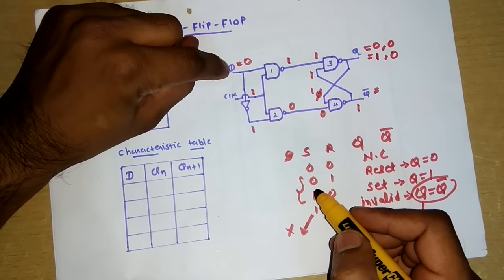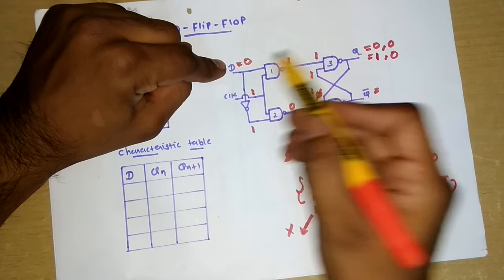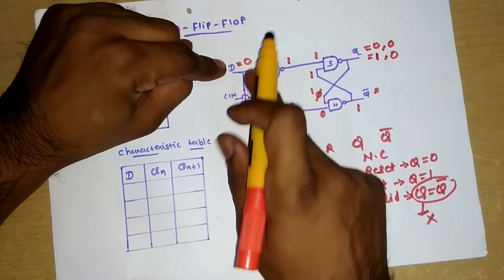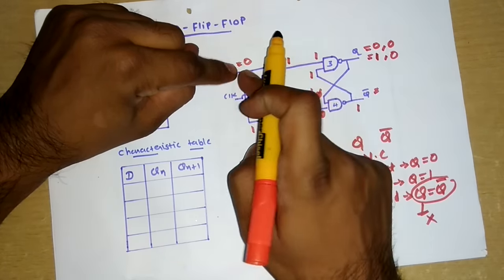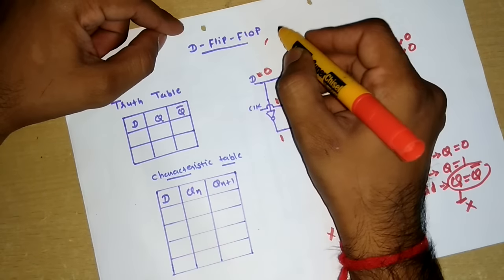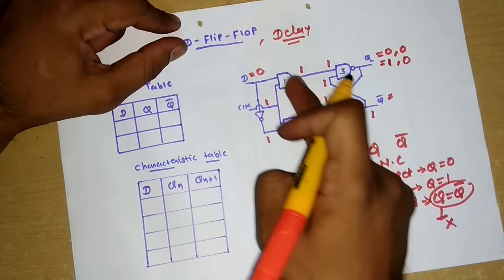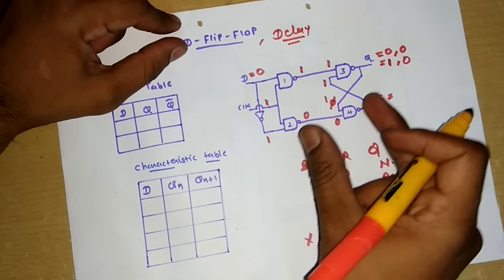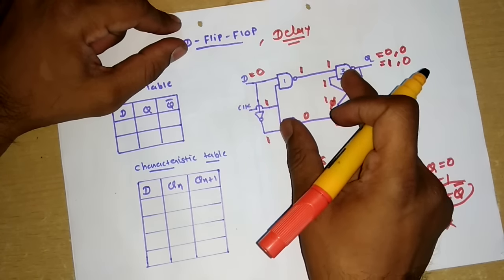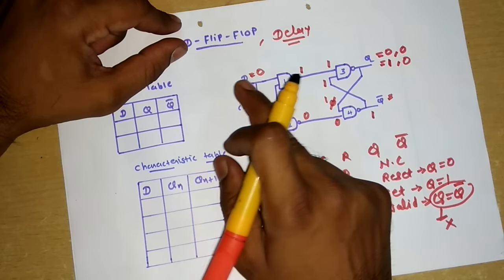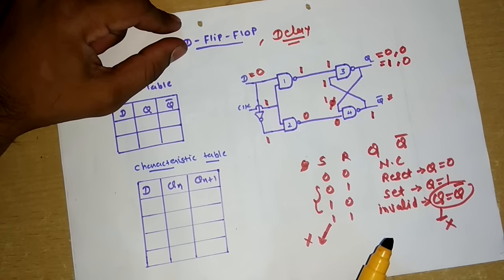I mean to say that in the D flip-flop, you need to remember a logic that whatever input you apply, the same output you will get. So if you apply 1 here, you will get 1 here, right? Using the same logic. So this D flip-flop is also known as a delay flip-flop. This delay occurs due to the transmission of these bits, or the propagation delay between the transmission of input towards the output using the delay of NAND gates. Fine.